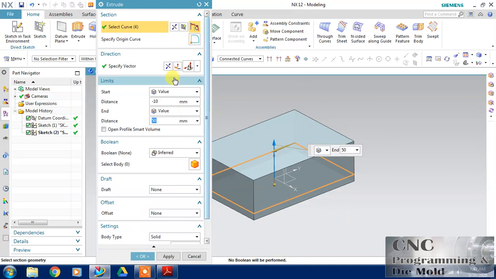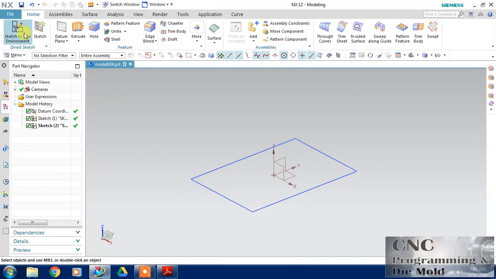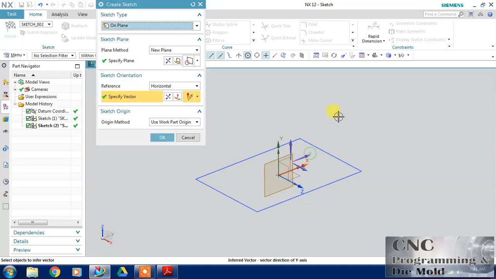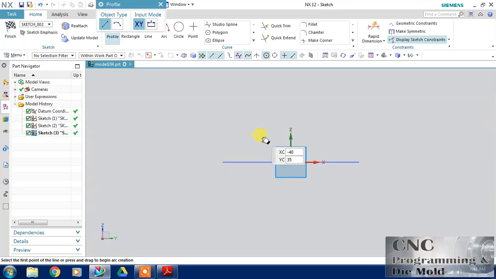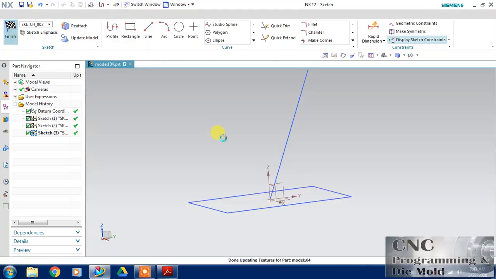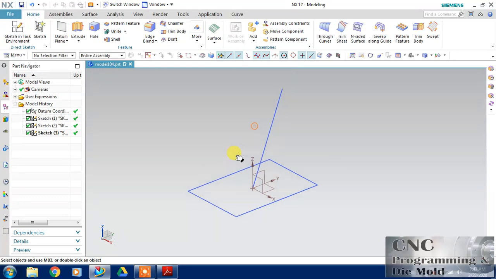And in this option we have this face or plane normal, so our sketch will automatically come normal to the profile, normal to the plane. So if you want to extrude in a specific direction, we have to create a direction, and for defining a direction I am going to create a line at a certain angle.